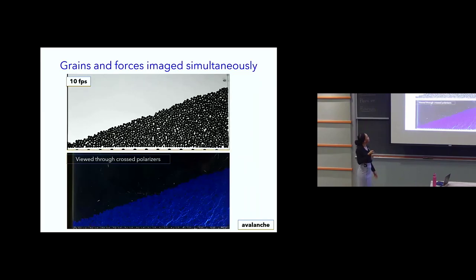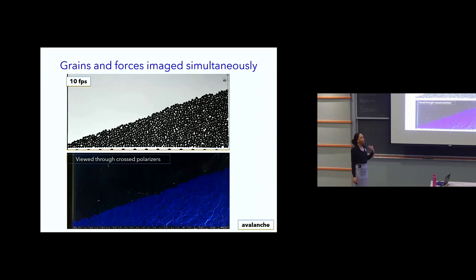So first I'll play the top video and highlight a few things. Here I only took images that were highlighting some creep and failure events that were happening in a typical experimental run. With these images, we're able to successfully track most of the grains' positions at each of those time steps. So we have information about the grains' displacements over the course of an experimental run. We observe different rearrangements that happen deep in the bulk of our granular system, as well as more substantial intermittent surface flows that occur.